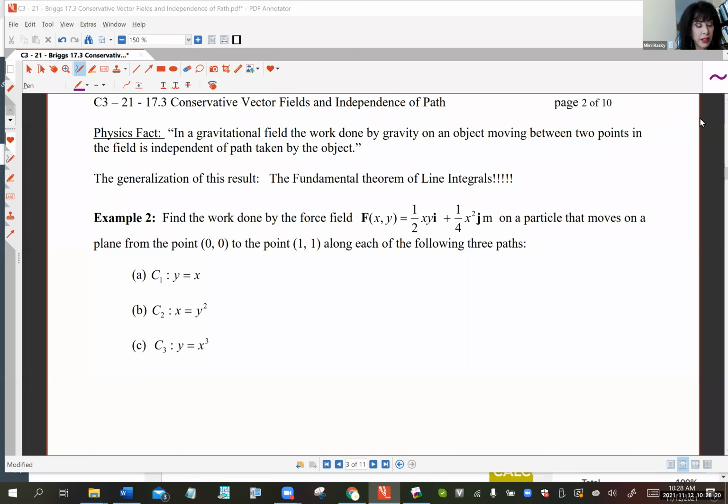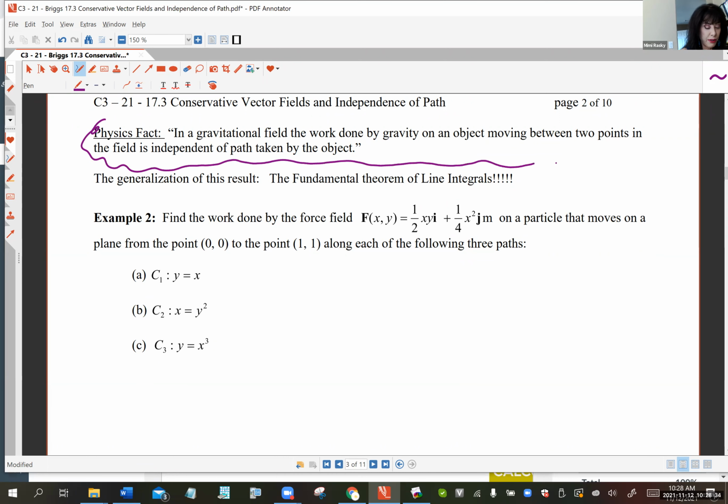But the thing here that's going to happen is, even though the paths also have that common denominator of the same starting point and same ending point, something else is going on here. So take a look. And before we start, there's a physics fact here. Our physics brethren have